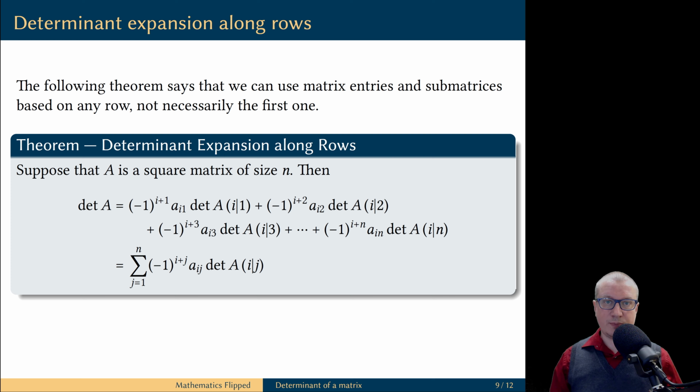We take these products, and then we take an alternating sum. Here is a pattern for the signs of the alternating sum. It does not necessarily start with the plus sign. The sign of each term is determined as follows. You add the row number and the column number of the entry. If the sum is even, then we have a plus sign, and if the sum is odd, then we have the minus sign. You should recognize that this is the same formula as the one given in the definition with 1 replaced by i.